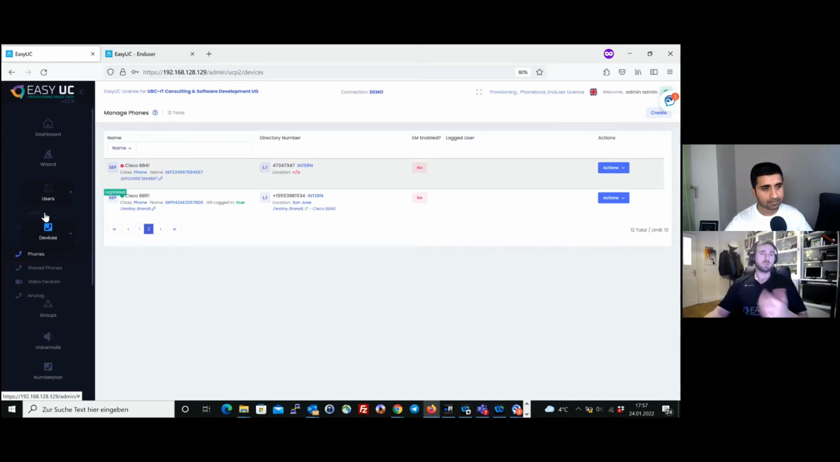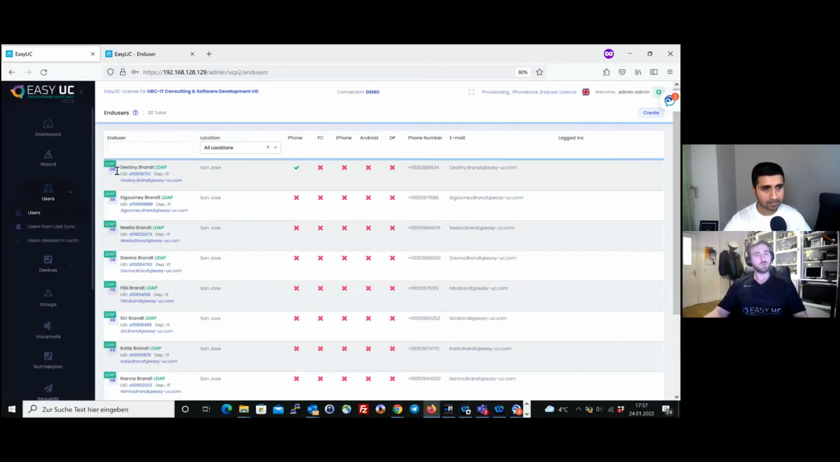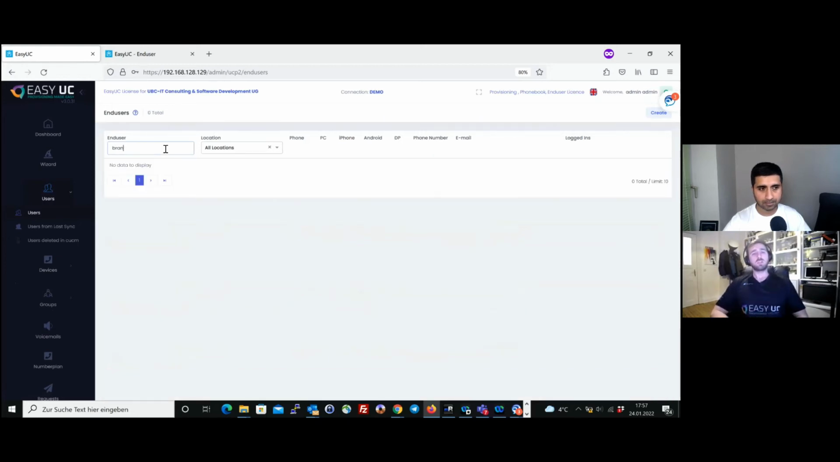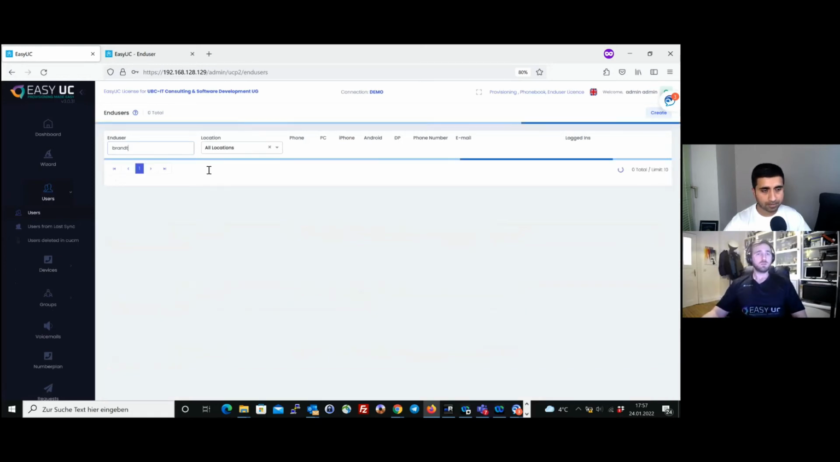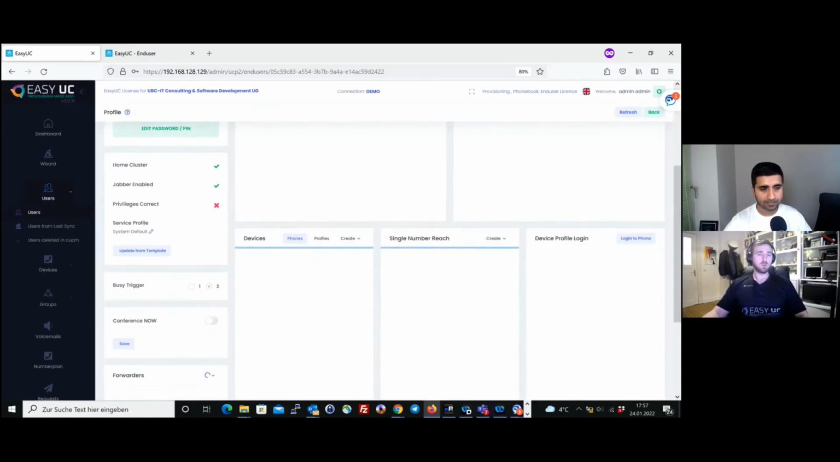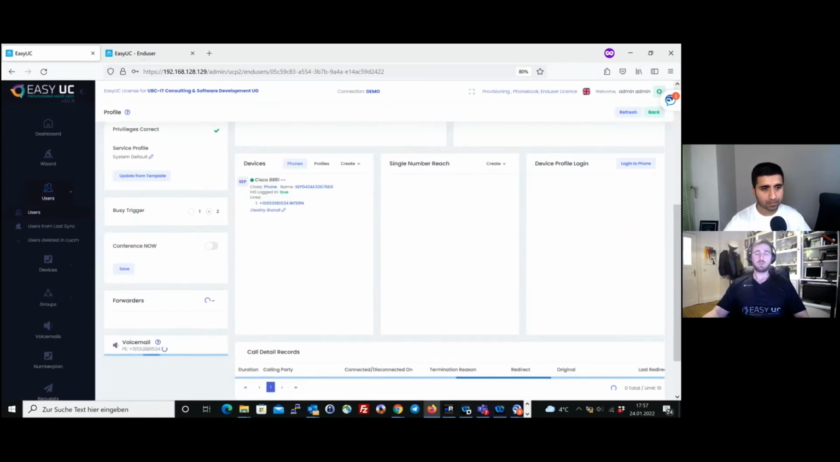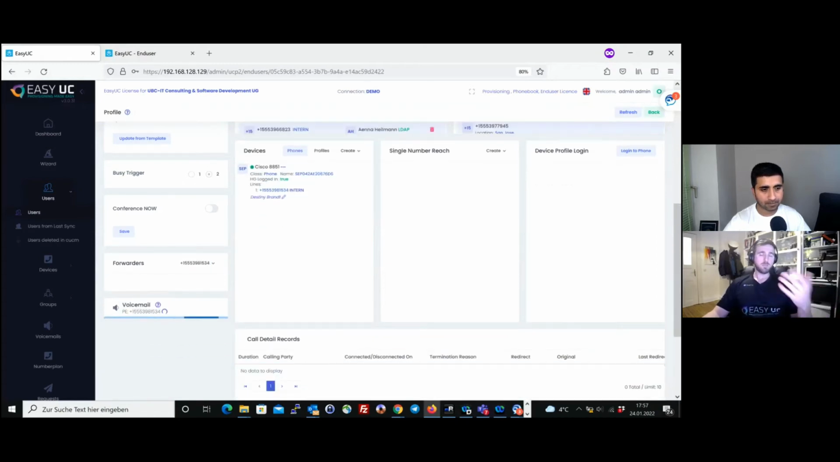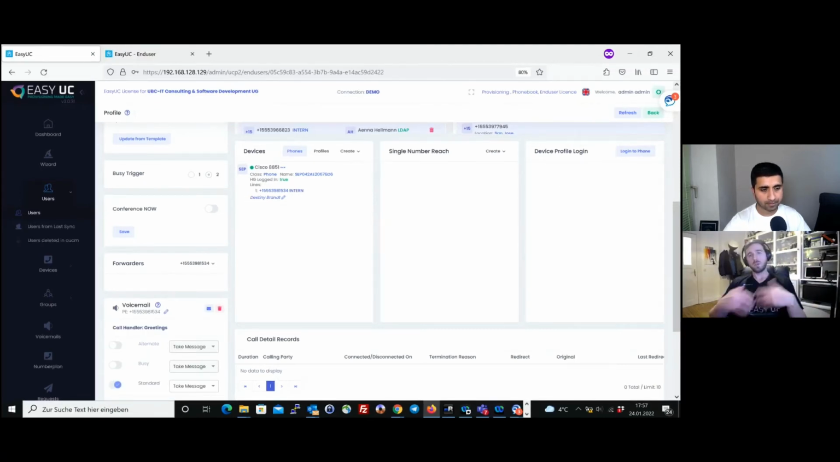So because of this, I thought it would be cool to give an option so that we can do it from EasyUC. In this case, we can look in the user's mailbox. Like you see, we have here the voicemail part. The Unity Connection API is a little bit slower, so it takes a little bit more time. So you see here, you just click on the mailbox, see the